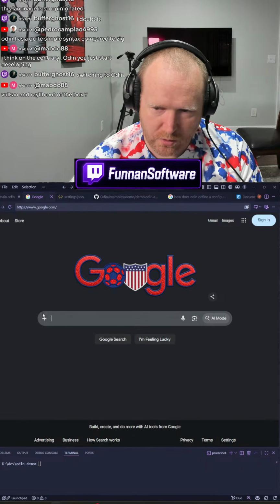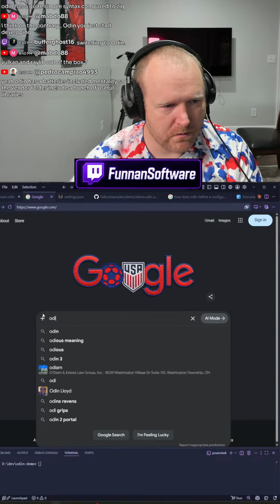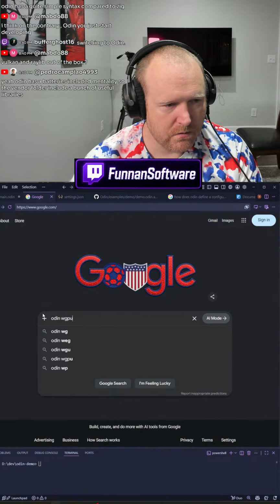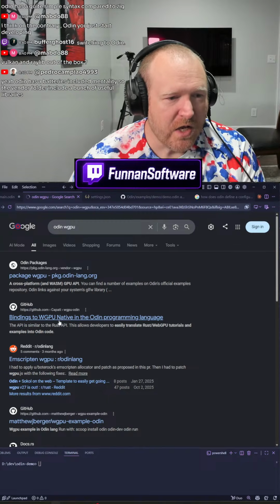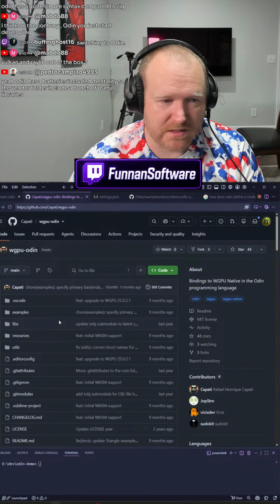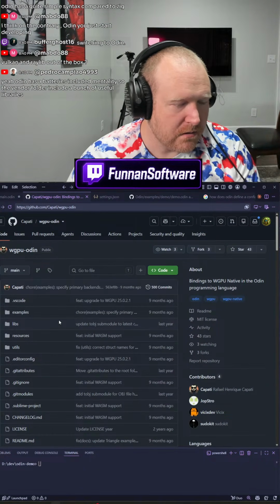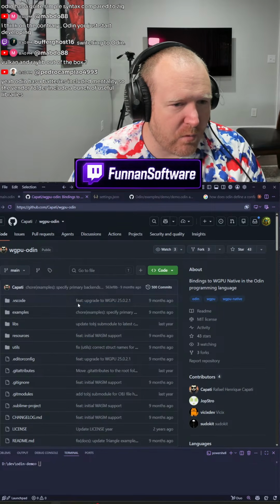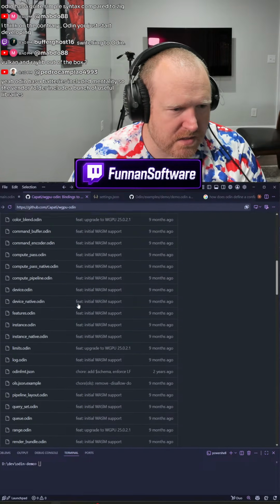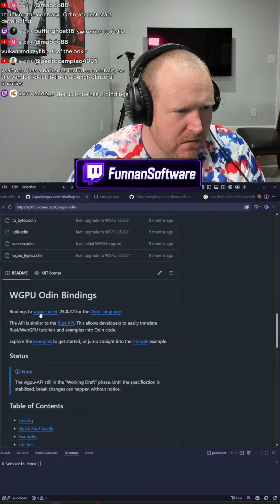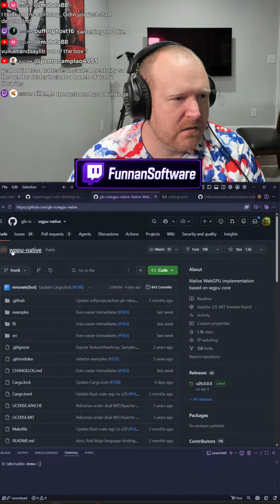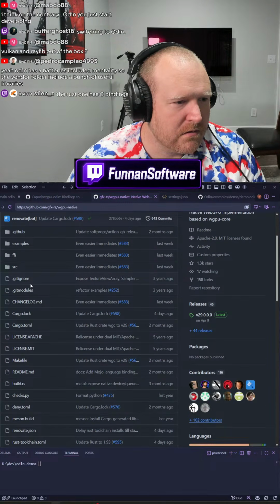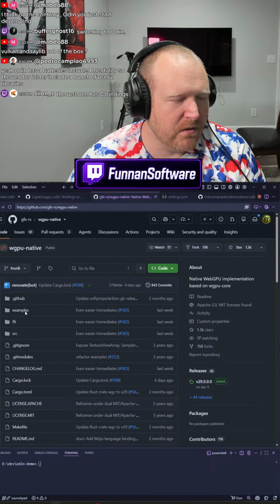So what is Odin using for WebGPU? WebGPU native. So I think this is pulling in Rust. Because isn't WebGPU native Rust? It sure is. This is Rust. Holy shit.